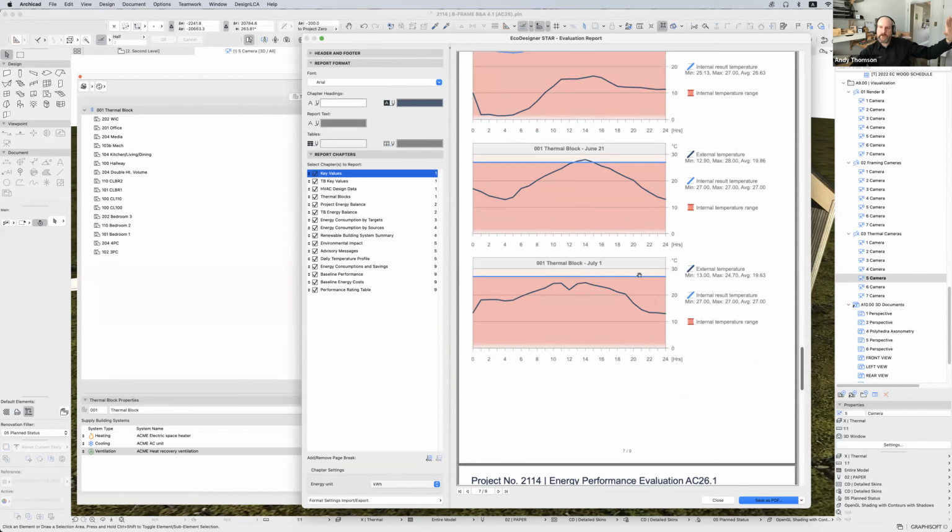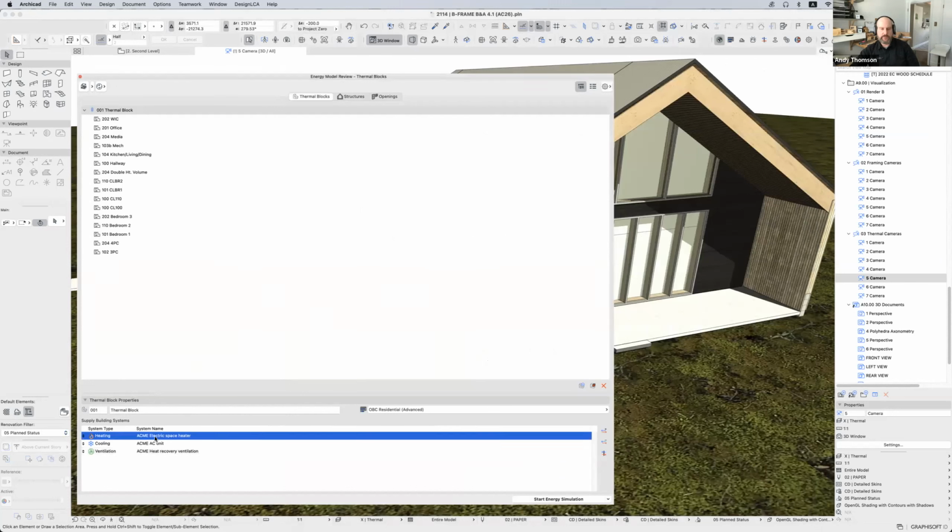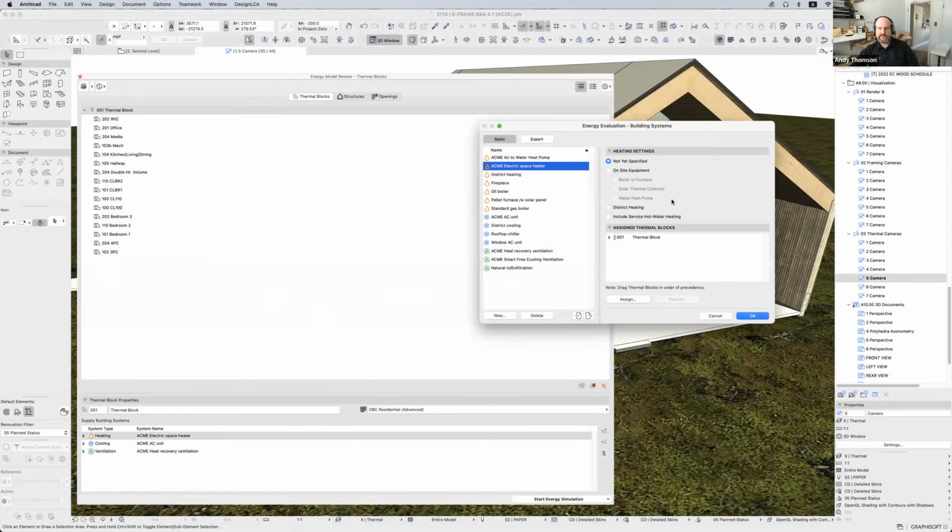So take care of the architecture first. Try and get those to within a comfortable range without putting a mechanical system in. Then apply the mechanical system, not yet specified, and the set point temperatures for those things. So I'm going to close out of this, and I just want to see, well, how did I tell it to deal with a heating season and a cooling season? If I click on this heating season thing and I go to apply to thermal block,